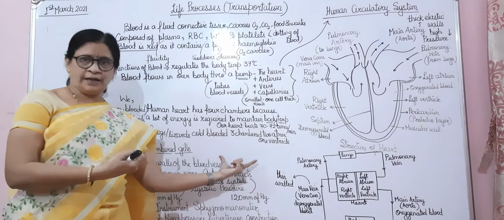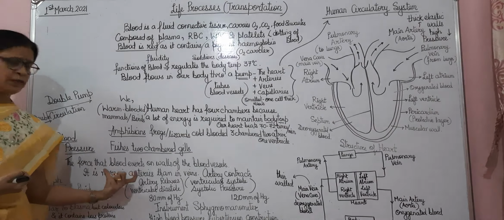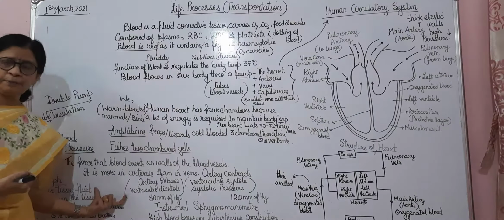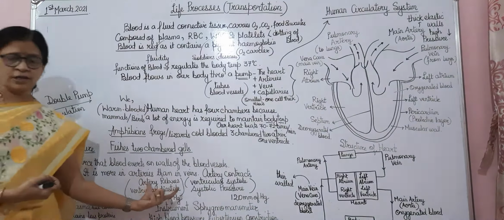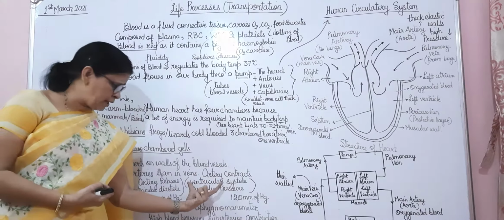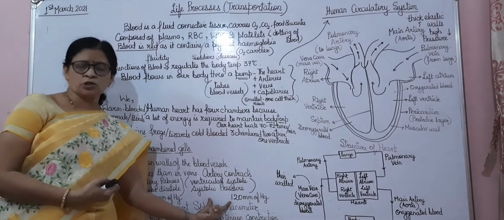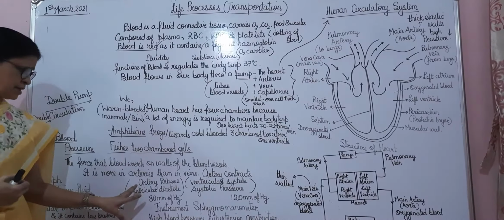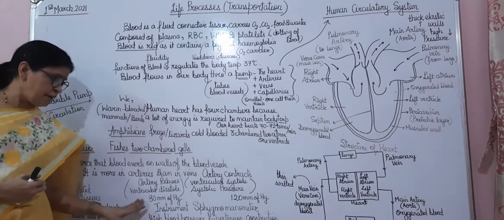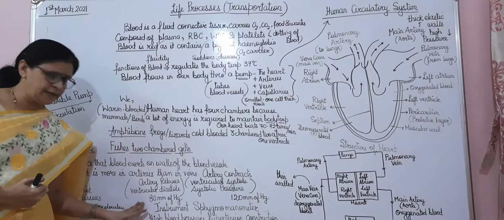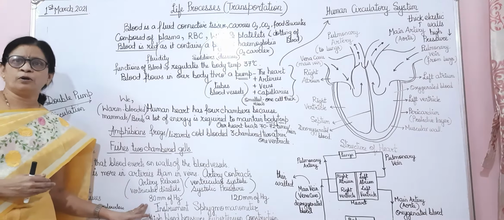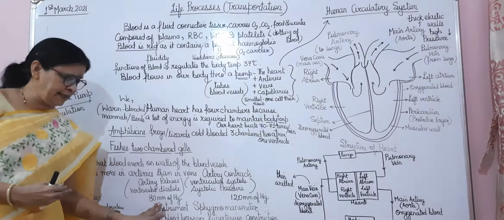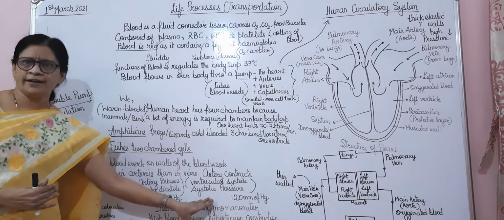Now why does this blood pressure take place? Blood pressure is the force which the blood exerts on the walls of the blood vessels. This blood pressure is more in the arteries than in the veins. When the arteries contract, this is known as ventricular systole, and this systolic pressure is high. It is 120 mm of Hg. And when these arteries relax, this is known as ventricular diastole, and this diastolic pressure is low. It is 80 mm of Hg. So in this way, when blood pressure is normal, it is 80 at the lower side and 120 on the higher side. Okay.